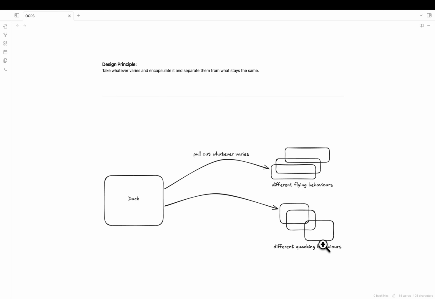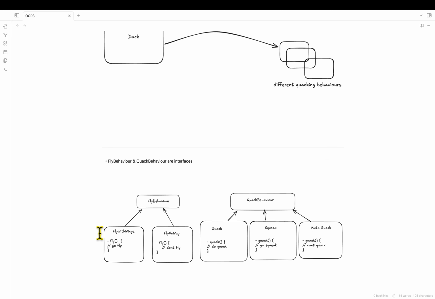Therefore we'll have an interface FlyBehavior and an interface QuackBehavior, with concrete classes like fly with wings and fly no way. These two will be interfaces, and these will be classes. The concrete classes have the implementation that tells the actual behavior. Fly with wings will have the code to fly, and fly no way will have the code for not flying.